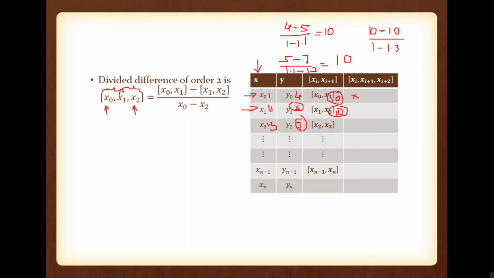Please note that. If you are calculating the second divided difference, you have to take x0 minus x2. Don't take x0 minus x1. Okay. So always take the current value and the second next value. If x0 is the current value, the second next value is x2. If x1 is the current value, for this one, x1 is the current element, then the second next element is not x2, that is x3. That you have to remember.